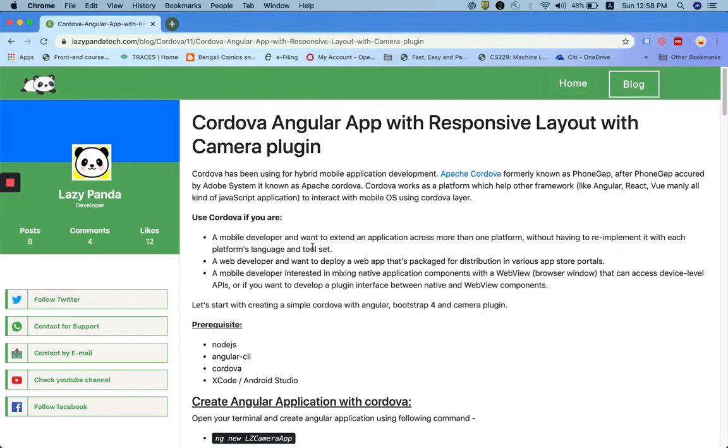So Cordova is basically a platform or a framework which gives you the ability to include your web-based application, wrap it up with the Cordova plugins, and then you can add the platforms and distribute the binary for whatever platform you are looking for. So in this blog I am going to discuss how an Angular